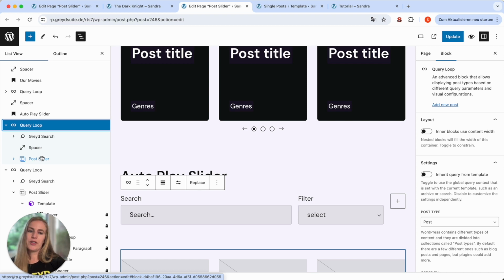So you've seen you have lots of different possibilities in terms of designing and creating individual post overviews and sliders. There are more tutorials in the help center on working with templates, on creating post types, creating searches and all that. And there's one that I want to mention specifically. We have one tutorial in our help center that shows you the entire process from creating a custom post type to styling the post templates to building custom post sliders and post overviews. So definitely you should have a look in our help center.